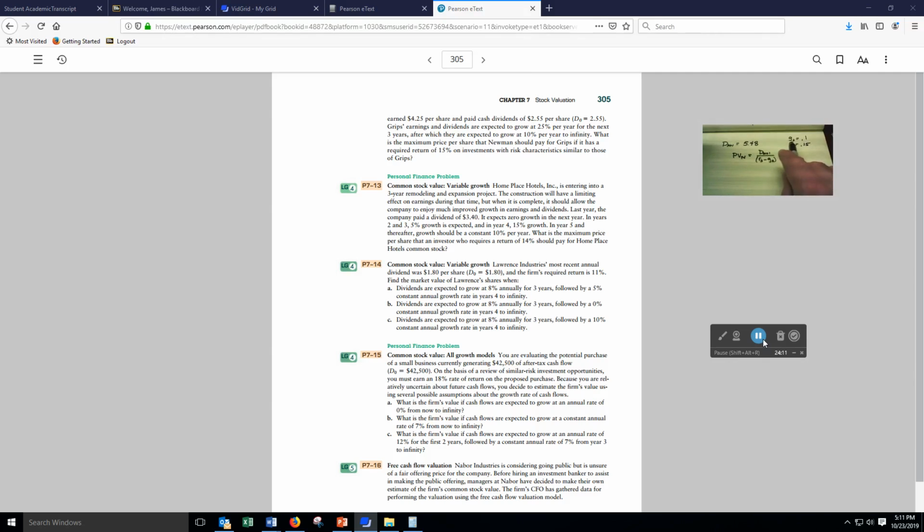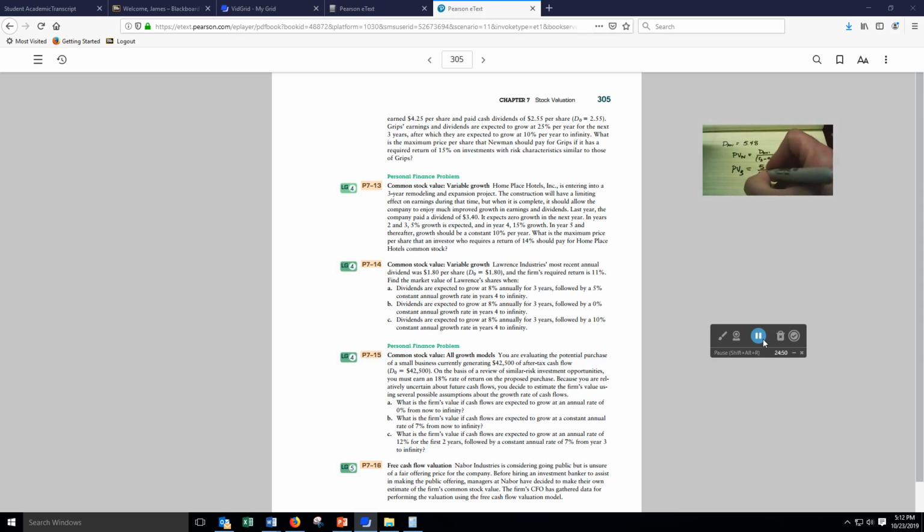All right, I just had to transfer what I had earlier onto another page. Up here you can see I've got the same growth rate, 10%. This is the required return on common stock, which is 0.15. This takes into account the risk of buying this stock. The dividend payment in year N plus 1, which is our 4th year, is $5.48. I've got everything I need to calculate the present value of those N plus 1 dividends in year 4. So the present value in year 3 is equal to